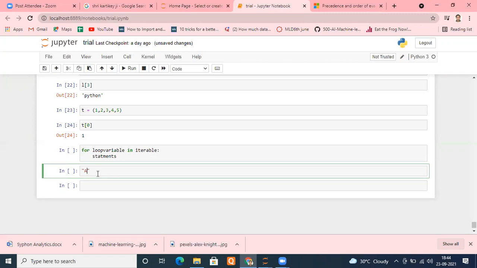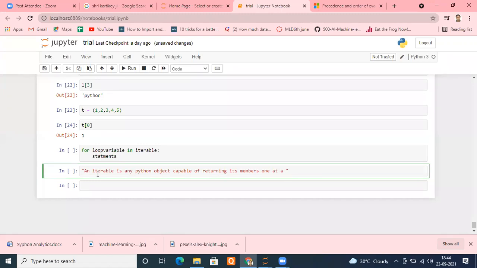Remember that definition. An iterable is any Python object capable of returning its members one at a time, permitting it to be iterated over in a for loop.